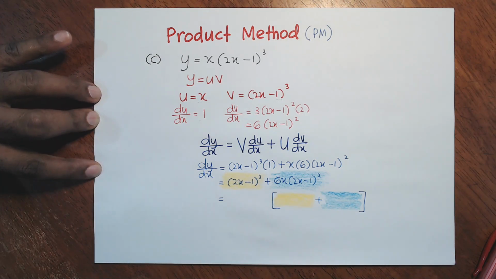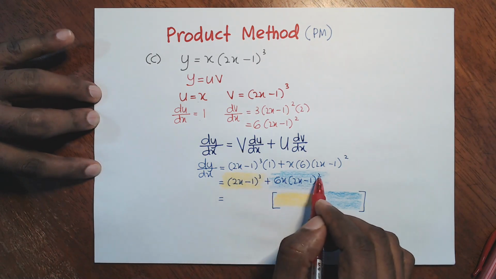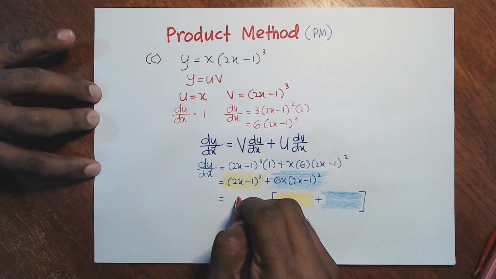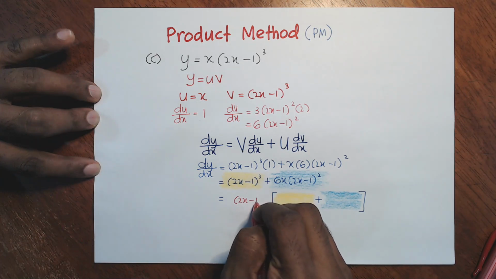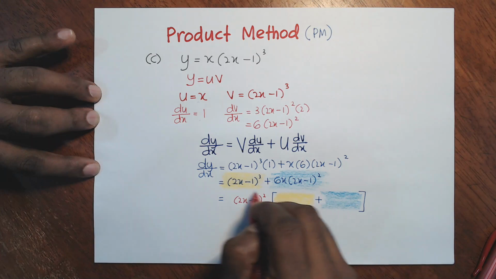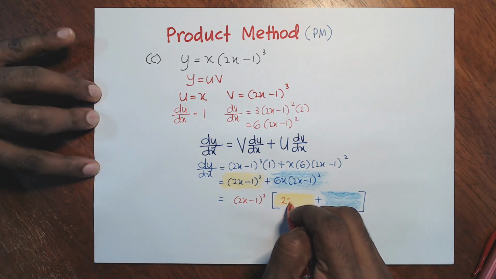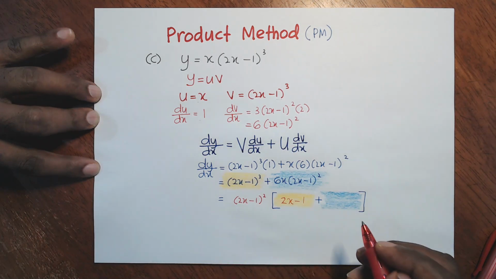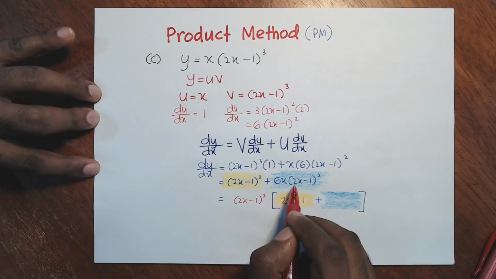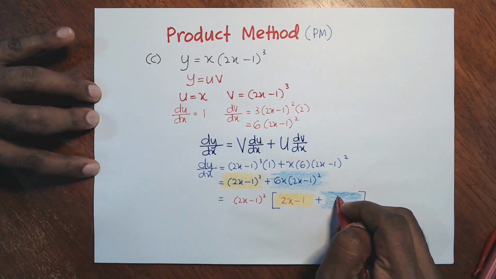So when you look at that, you can see the similar thing on both sides is 2x - 1. Here we have to the power of 3, here we have to the power of 2. So we can take out (2x - 1) to the power of 2. Here we'll be left with just (2x - 1) to the power of 1, which we can simply write as 2x - 1. On the other side, this (2x - 1) to the power of 2 won't be there anymore, so we will be left with